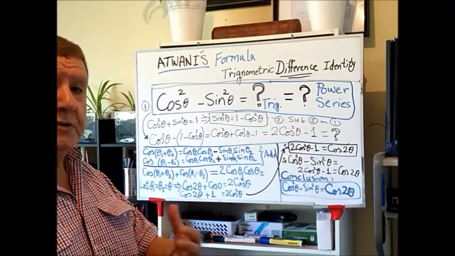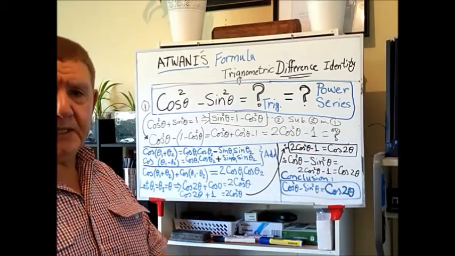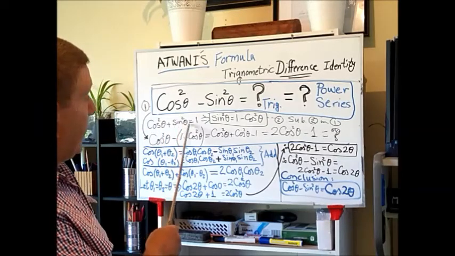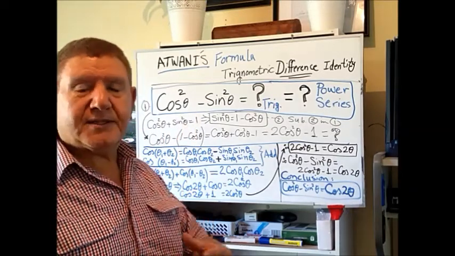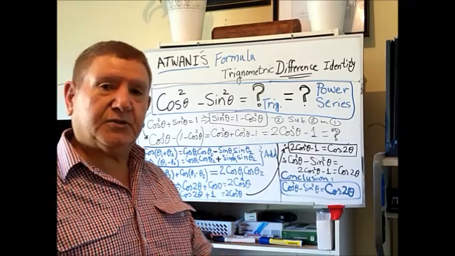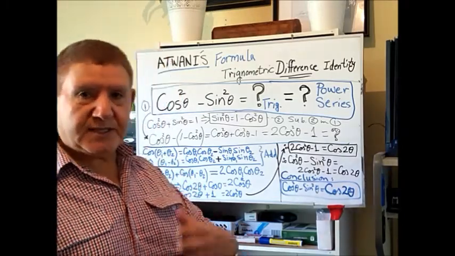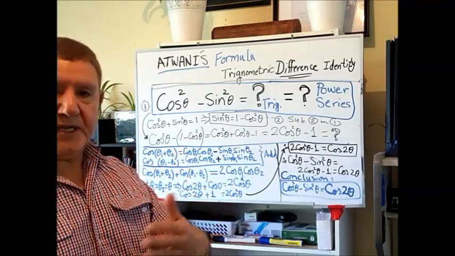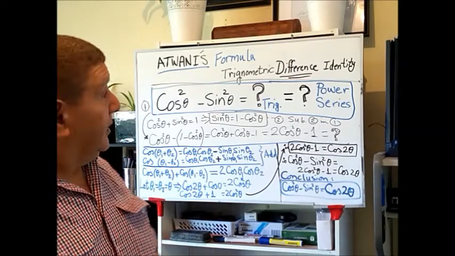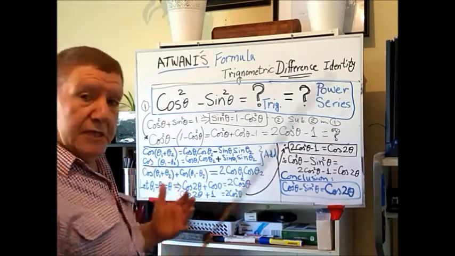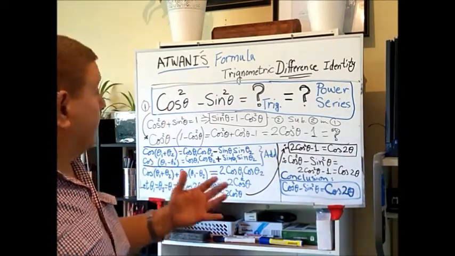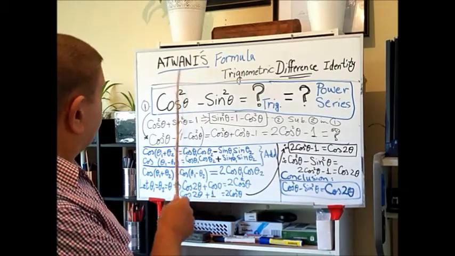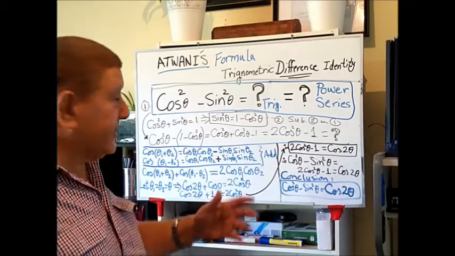We know that there are so many trigonometric identities. The most famous one is cosine square theta plus sine square theta equals 1. This is the basic one, based on the unit circle, and based on Pythagoras theorem. Now, the formula that has been developed by Atwani is called Atwani's formula for trigonometric difference, and this is